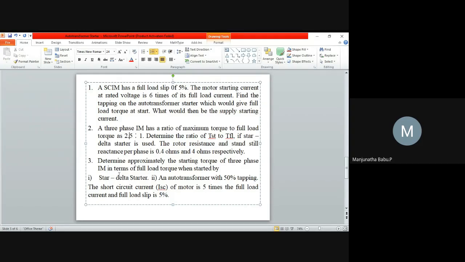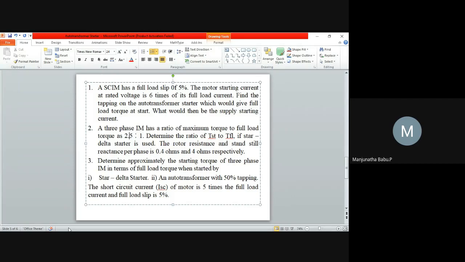Substitute and get the ratio of starting torque to full load torque. Starting torque is equal to 41.66% of full load torque